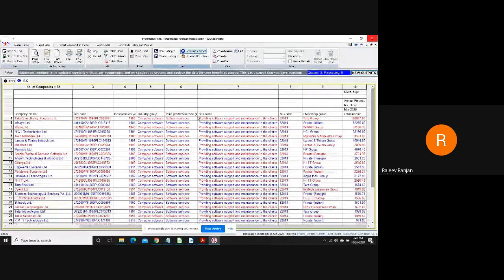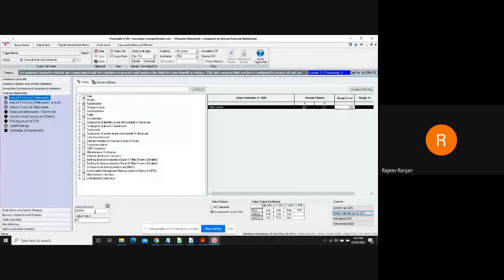Now for these companies, I can see the data for a longer period. So I go back and say that I want to find out the data, say total income data only, and I want to see it from 2010-03 to 2020. We already have 2020, so we'll say 2019-03. So this is a range through which you can add the data, and I can have multiple data. I can select it, and I simply add this data.